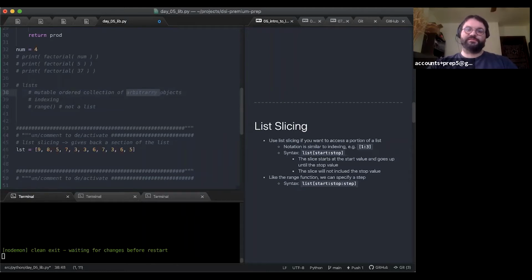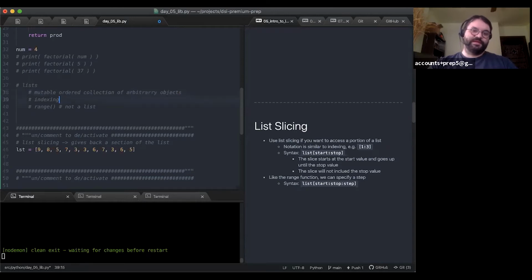Python lists are capable of containing any mix and match variety of types. So I could have a string and an integer and a float and a bool and another list and another list, whatever. So there is no restriction, and to my knowledge, there's no way to apply a restriction to the list type in terms of what data it can contain. Okay, so this is what a list is.